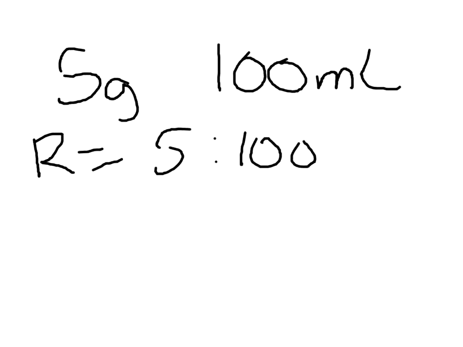5/100ths, right? So your ratio is 5/100ths. Now remember, you always want to break that down, right? So does 5 go into 100? Yes, it does. So 5 becomes 1, and goes into 100 how many times? 20. So your final ratio is 1 to 20. So you have 1 part of your grams to 20 parts of your milliliters. That is the ratio of what we are making. The proportion